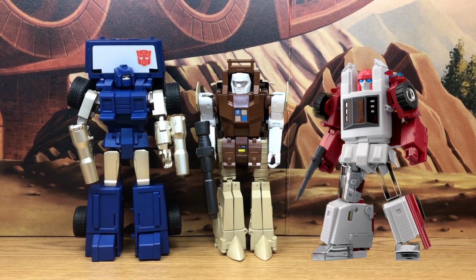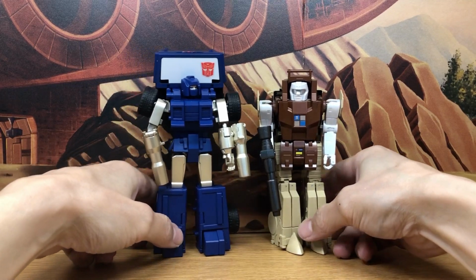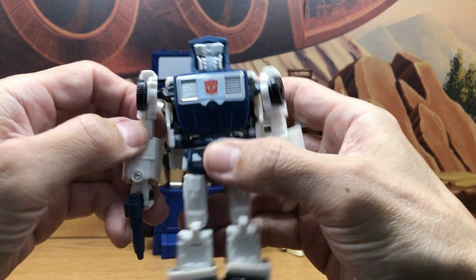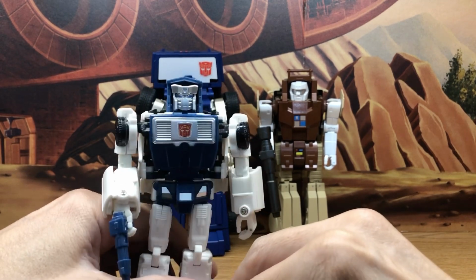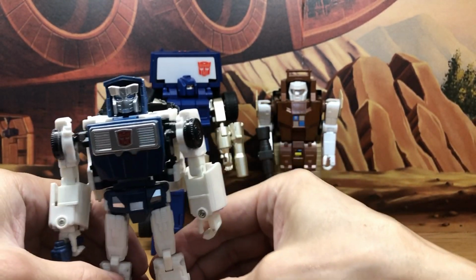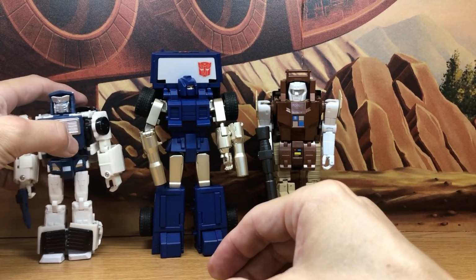And then FansToys did not announce that they are making a Tailgate. So currently what we have is the Tailgate by X-Transbots, and this is the toy version with the white legs instead of the metallic silver legs. And man, there's just so many issues with this, such as the pin here instead of a screw, so trying to get this to stand is a little bit difficult. But as of right now, this is the current Masterpiece version of Tailgate that we have,